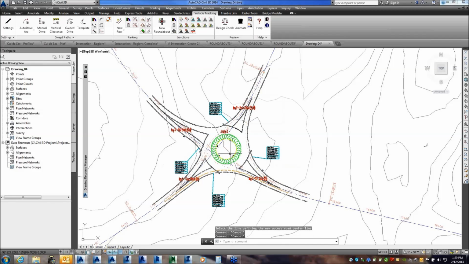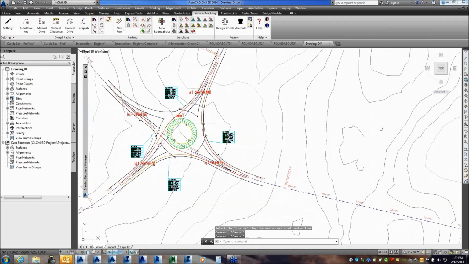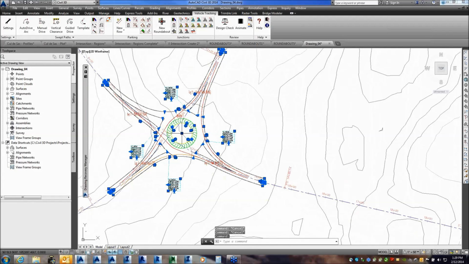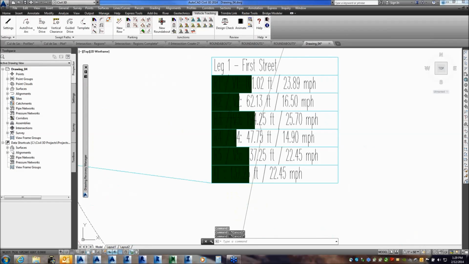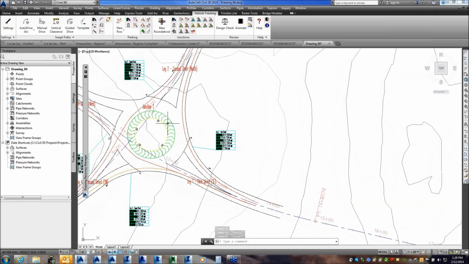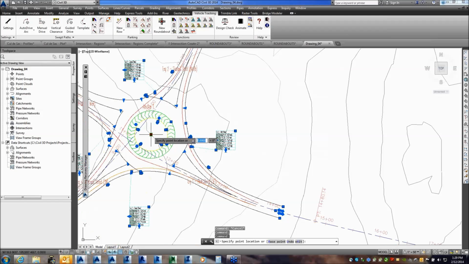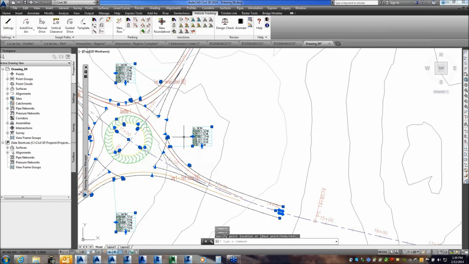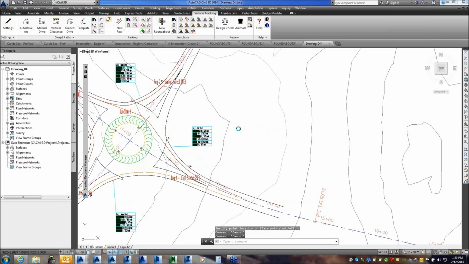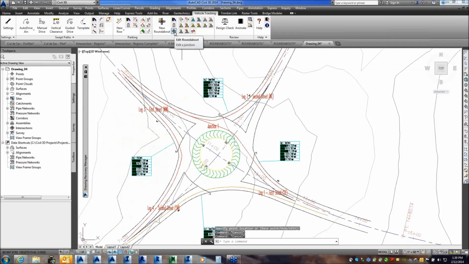So there's my roundabout. The beauty of working with this roundabout here, if I pick on it, you can see it's based upon AASHTO standards for my roundabout. Okay? Based upon AASHTO standards. The beauty of working with it is I also can use this in Civil 3D, and everything dynamically updates. Okay? So far, being able to create a roundabout. So if I said, okay, I just want to edit this roundabout, if I pick on it,